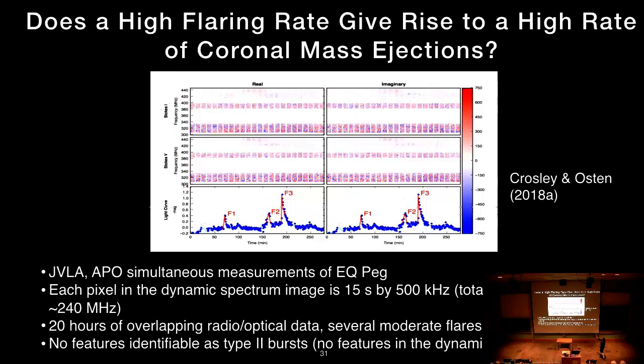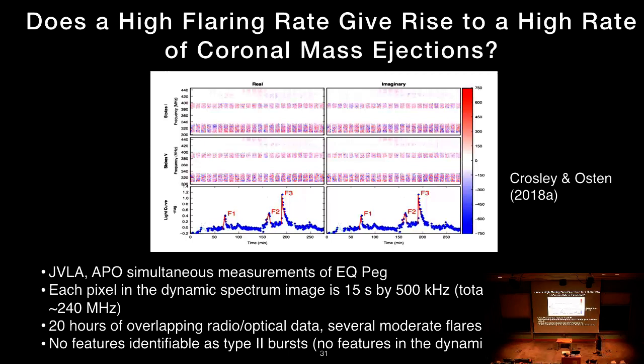This is the real component of the visibilities, and this is the imaginary component of the visibilities. I can explain this a little bit more, but we're taking advantage of the fact that light is a wave. So when you observe a wave, you have an amplitude and a phase. You do Fourier transforms, and you end up with real and imaginary components of that visibility. We've got total intensity on the top, and then circularly polarized intensity in the middle. So basically, the imaginary plot is our test. If there is a signal that's real, that's coming from the star, it should show up in the real component and not in the imaginary component.